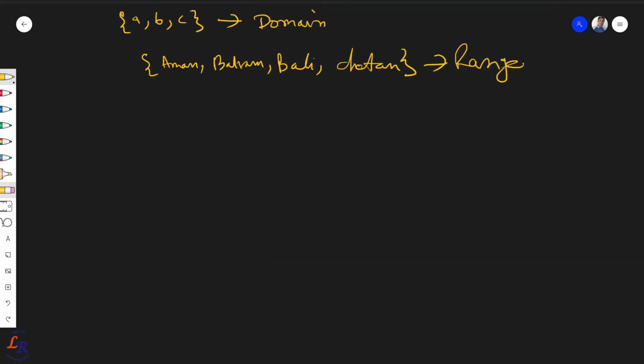Similarly, we read further about the function. So let me put it here because it is a review part from the previous one. So let's have the definition which we might have seen in the previous class. Function: a function f from a set A to a set B is a specific type of relation for which every element x of set A has one and only one image in B. So let me write it here.